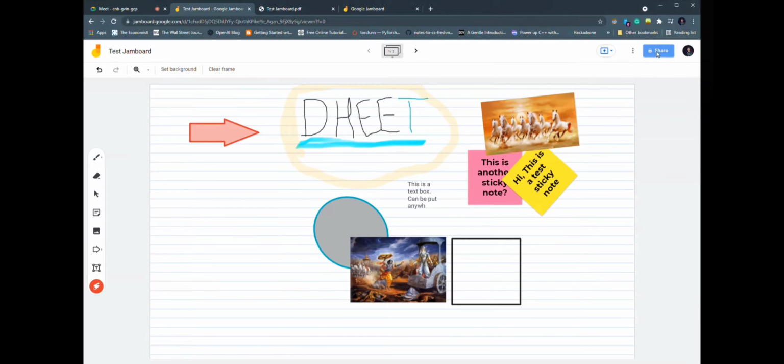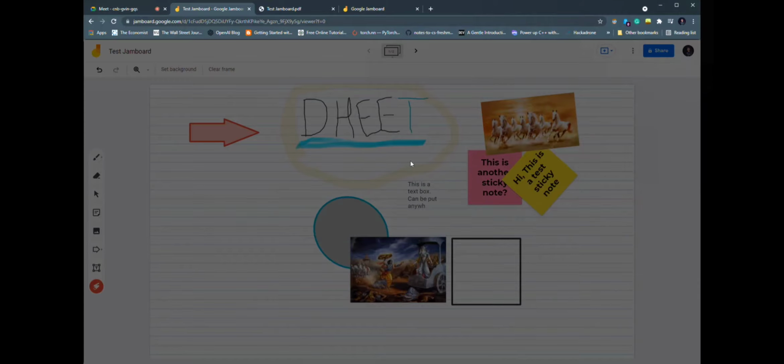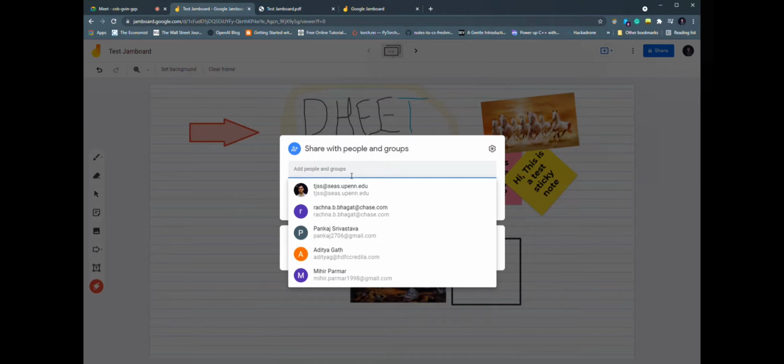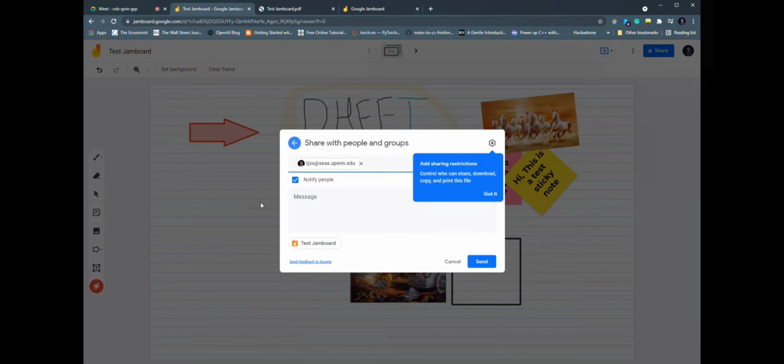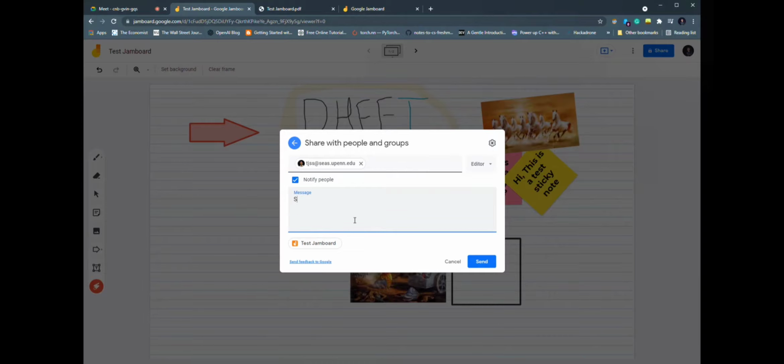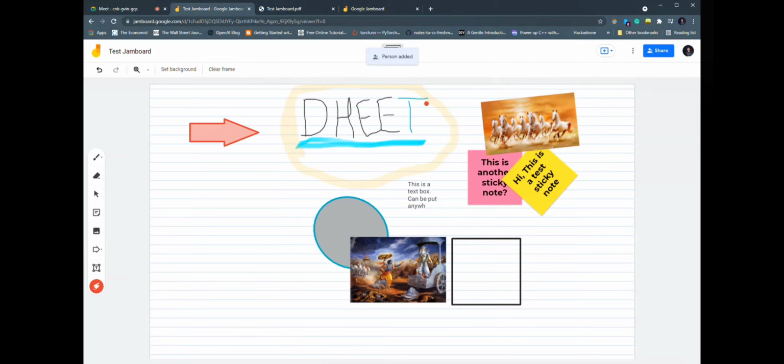But there's also a major option to share it with others, which is a major feature. So click on share. जिसके साथ भी आपको शेयर करना है उसकी मैंने ईमेल आईडी डाल दी है. इधर मैंने अपनी खुद की दूसरी ईमेल आईडी डाली है, assuming that I am the teacher and I'm sharing it with the student. So आपने अपने students की email ID डाल दी, and then you click on send.